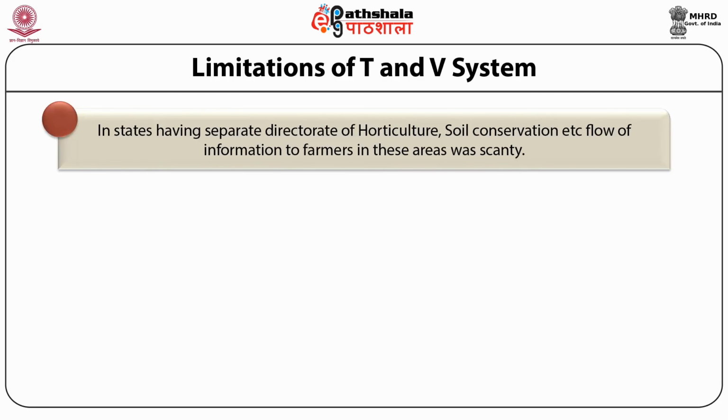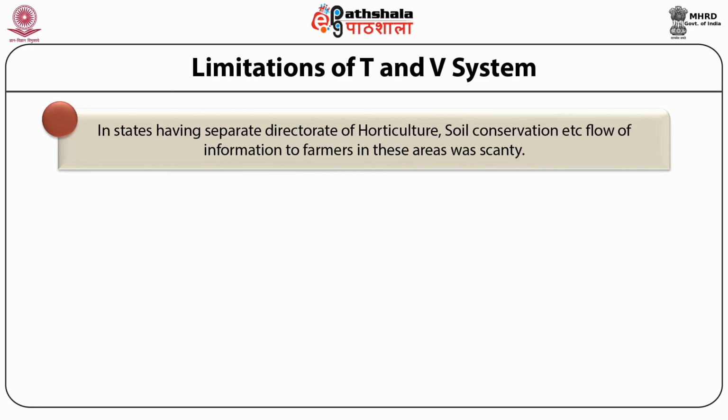With the establishment of line departments, the extension efforts are also becoming pluralistic. With this pluralism, many times farmers, the receivers of extension services, are in a fix to decide which source of information to accept. The training and visit system did not have any inbuilt mechanism to overcome such pluralism issues.